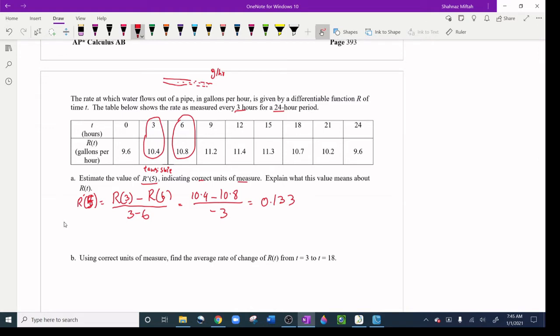So I'm going to say R prime 5 is greater than 0, then the rate at which water flows out of the pipe is increasing